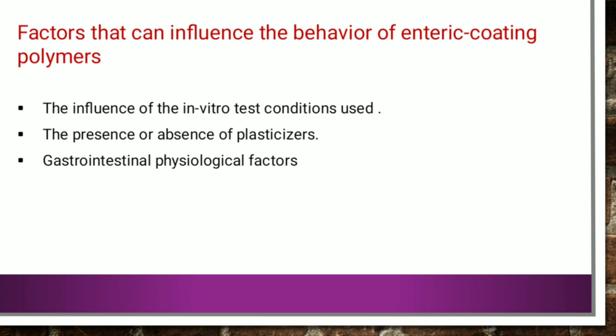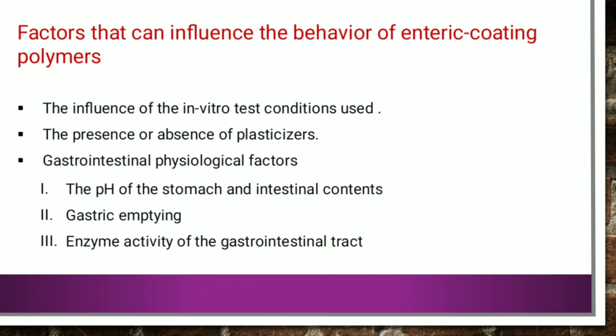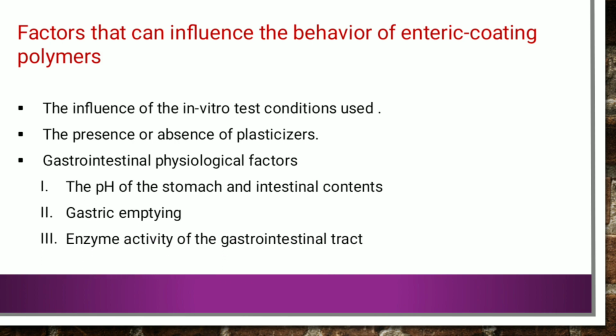Then the next one is gastrointestinal physiological factors, like the pH of stomach and the intestinal content. Then gastric emptying and enzymatic activity of gastrointestinal tract are the various factors that may influence the behavior of enteric coating polymer. A few of the examples of enteric coated tablets are